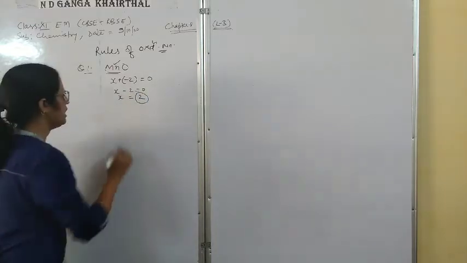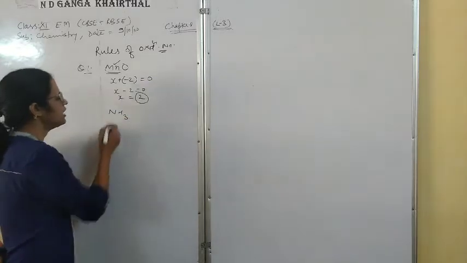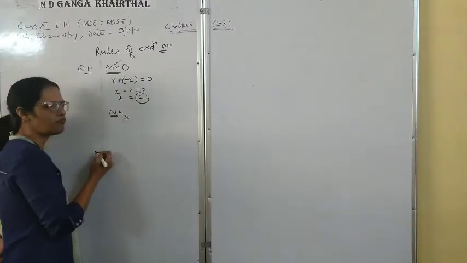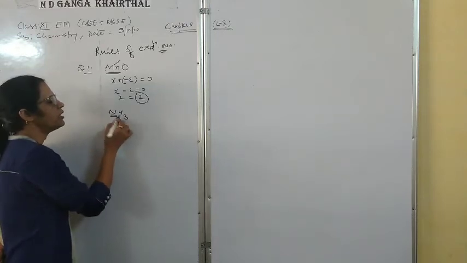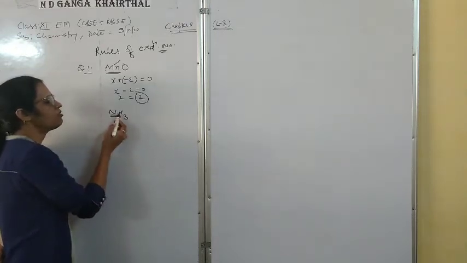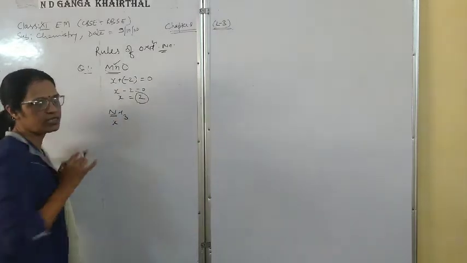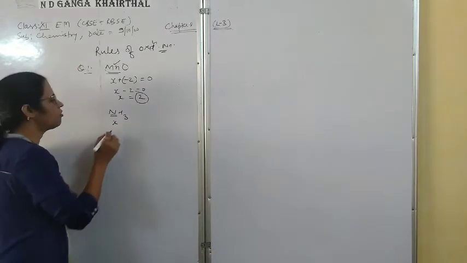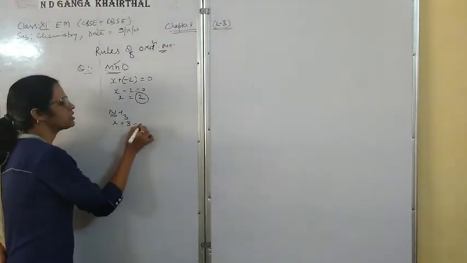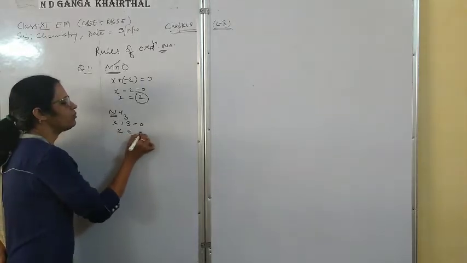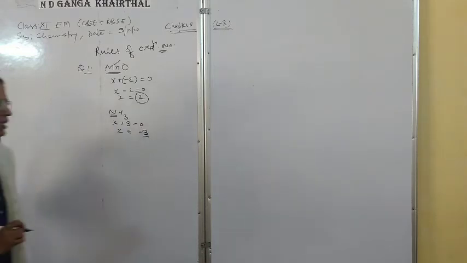Clear? Just like ammonia, in ammonia, if we have to find the oxidation number of nitrogen, suppose it has X oxidation number. Here, in nitrogen and hydrogen, hydrogen is the electropositive element and nitrogen is the electronegative element. So hydrogen is +1, so X + 3 is equal to 0. The X value will be -3. So nitrogen's oxidation number will be -3.